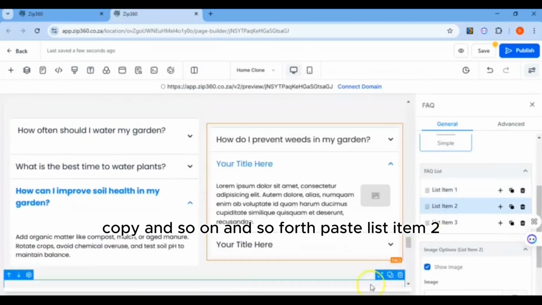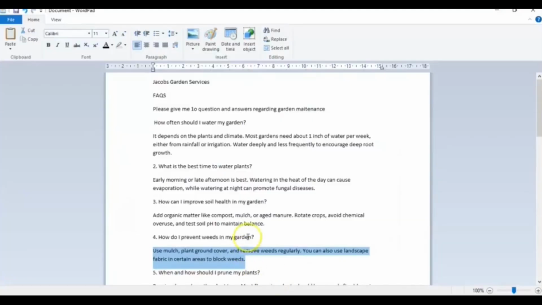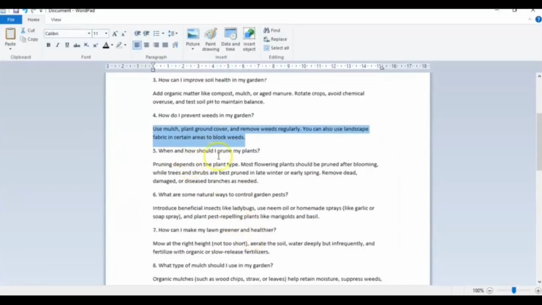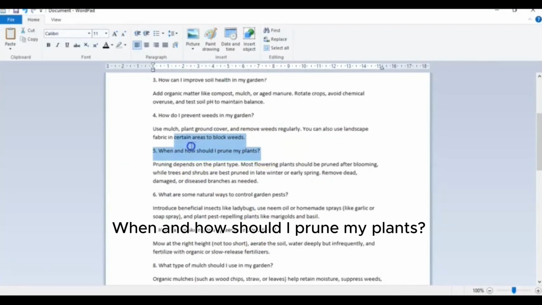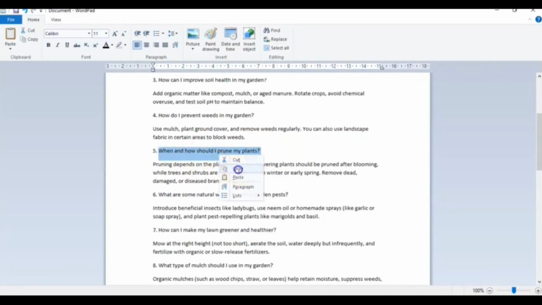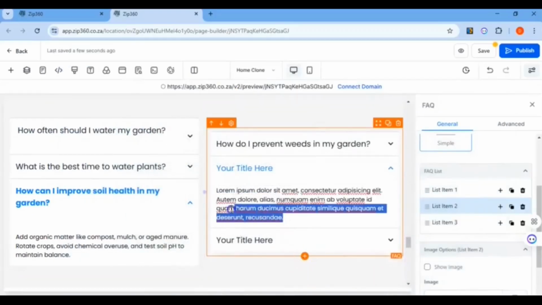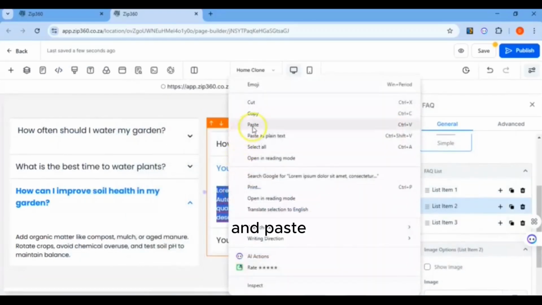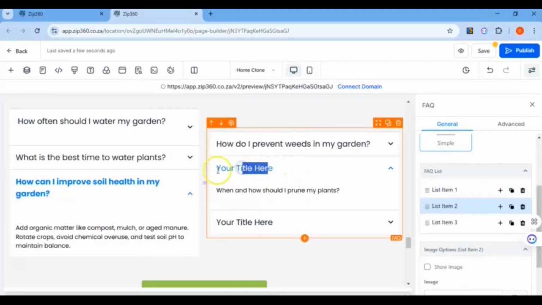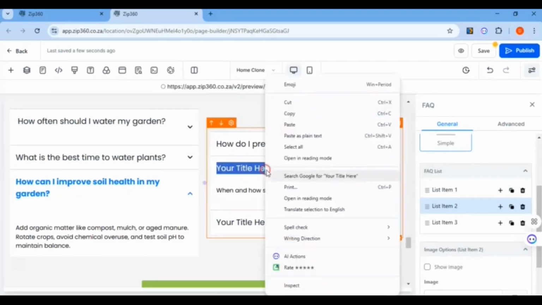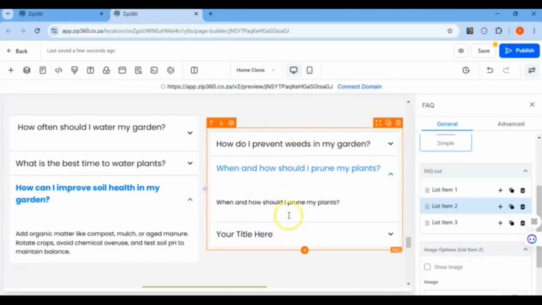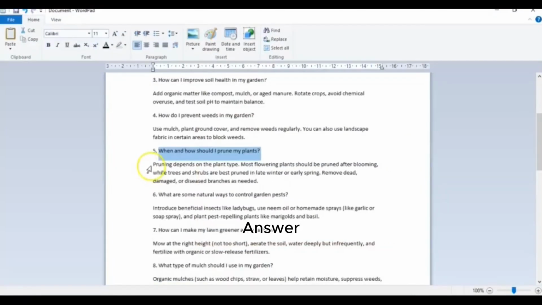Paste list item 2. When and how should I prune my plants? And paste. Answer.